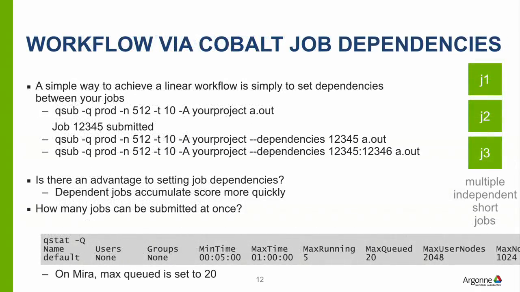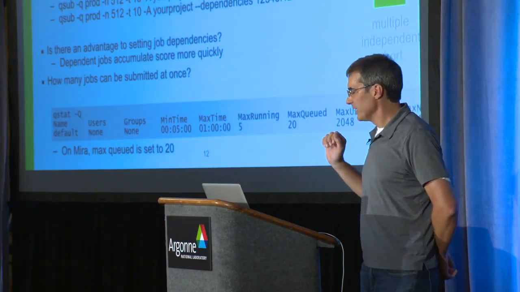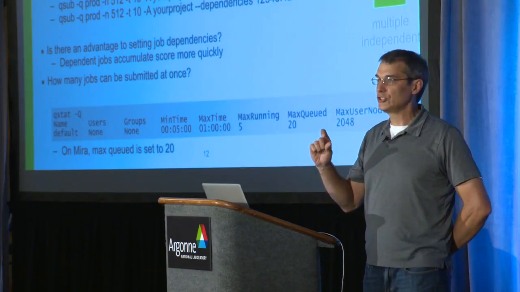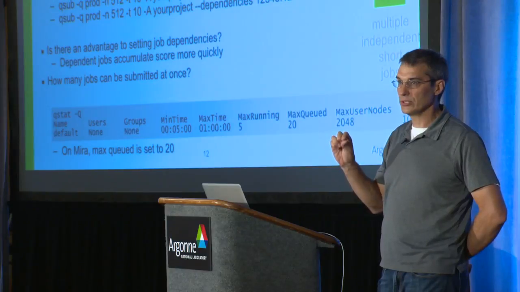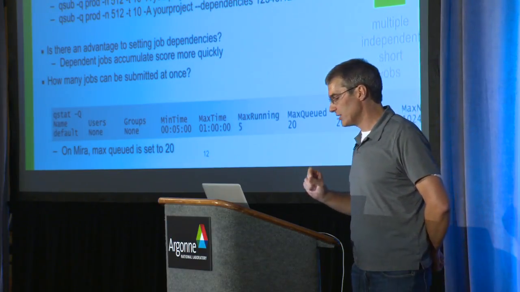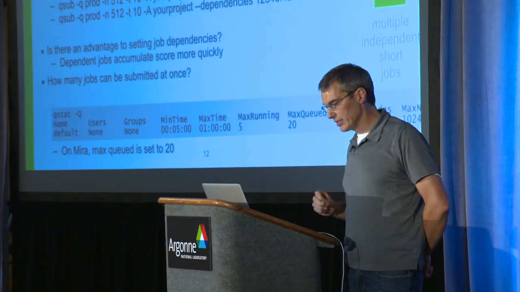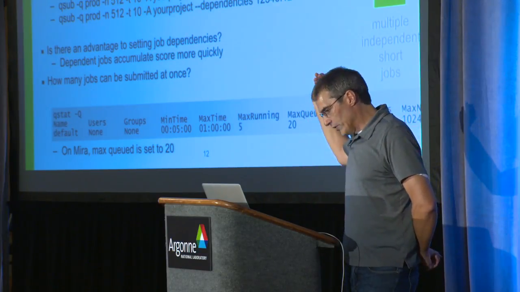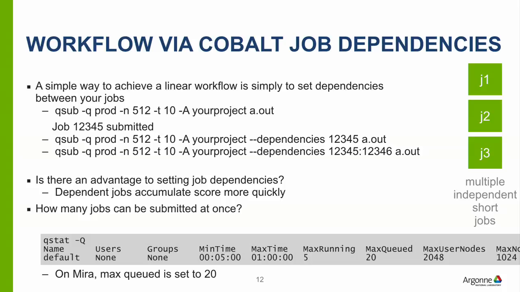If we look at job dependencies, you can run multiple jobs and have them associated with one another and control their flow sequentially through the scheduler, but have them each retain that shorter queue time, a shorter run time, and therefore hopefully get through the queue faster. You can set job dependencies, again using the Cobalt scheduler, with the command line option that I specified here,